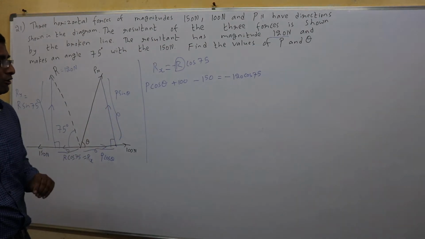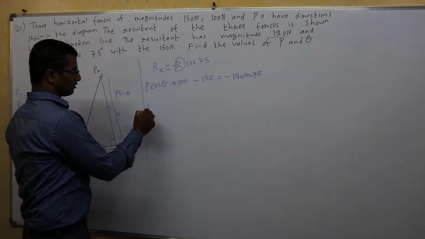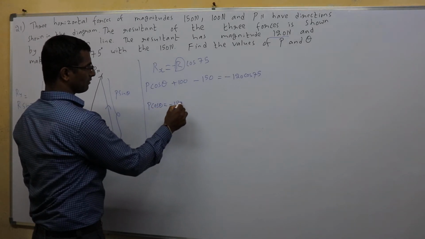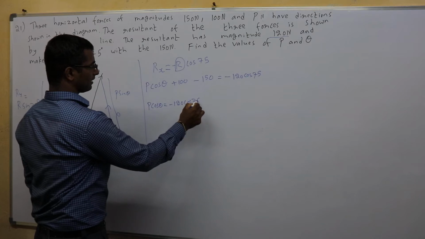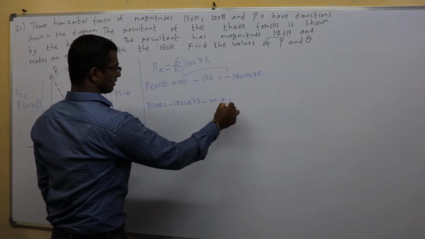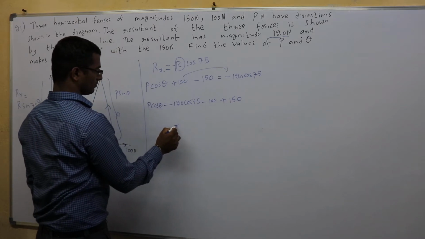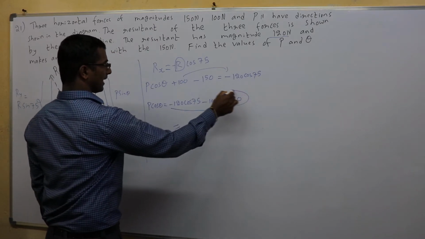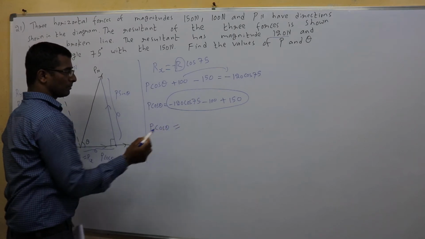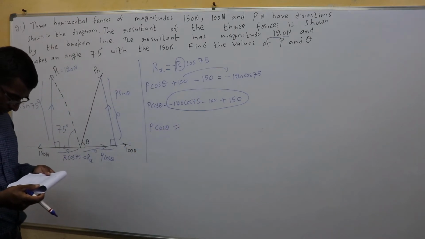That means send all to the other side. So P cos theta equals minus 120 cos 75, minus 100 plus 150. Put this entire thing in the calculator. How much do you get? P cos theta equals,